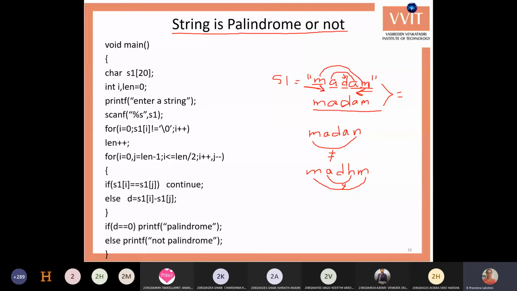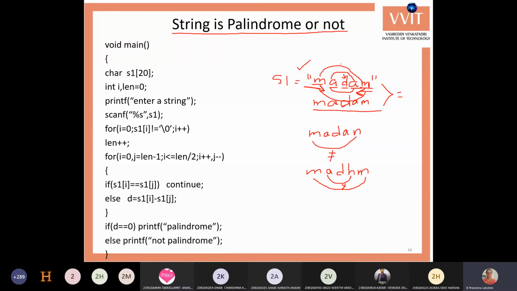Only if all the respective letters are matched can we say that this is a palindrome. This is the shortest way to check whether a string is a palindrome or not. The lengthiest way is making the string reverse and then comparing the strings. So I will do this comparison of the individual letters.